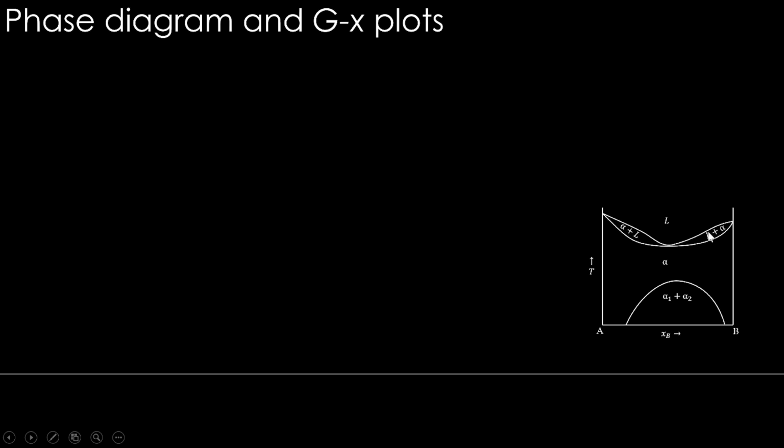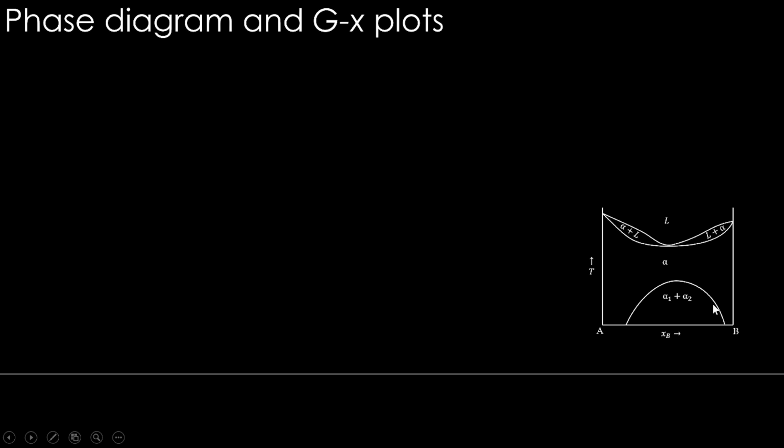Now, we have this binary phase diagram, AB system, and we will first understand this binary phase diagram and then see at different temperatures how we get Gibbs energy composition plots. In this system, we have high temperature single phase liquid, and then a single phase solid alpha throughout the composition range. So A and B elements are nicely mixed in this single phase, but below this temperature we have two phases coming, alpha 1 and alpha 2, with the same crystal structure and different chemical compositions. This is immiscibility between A and B.